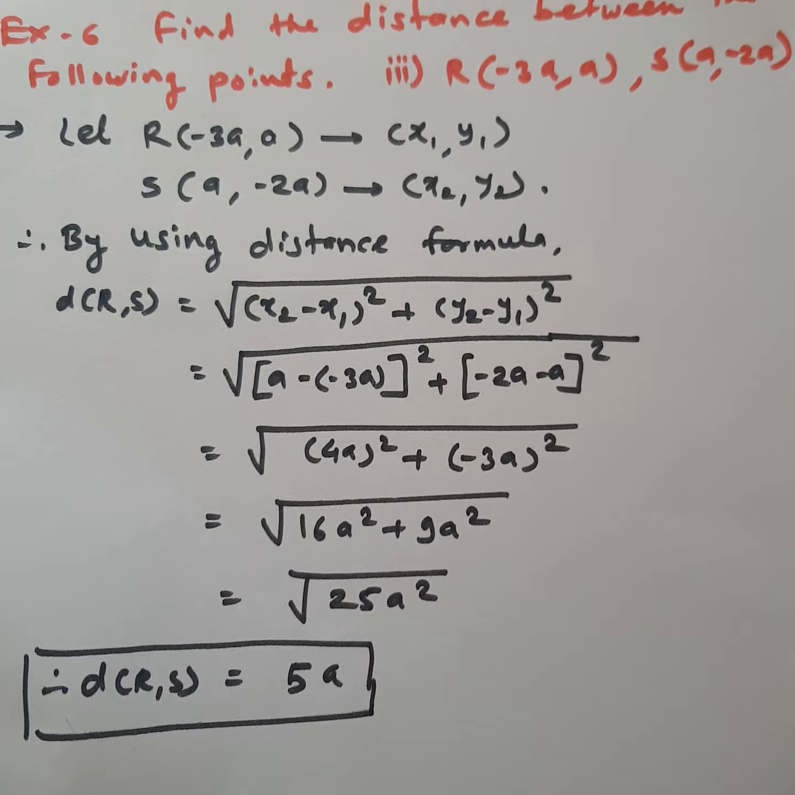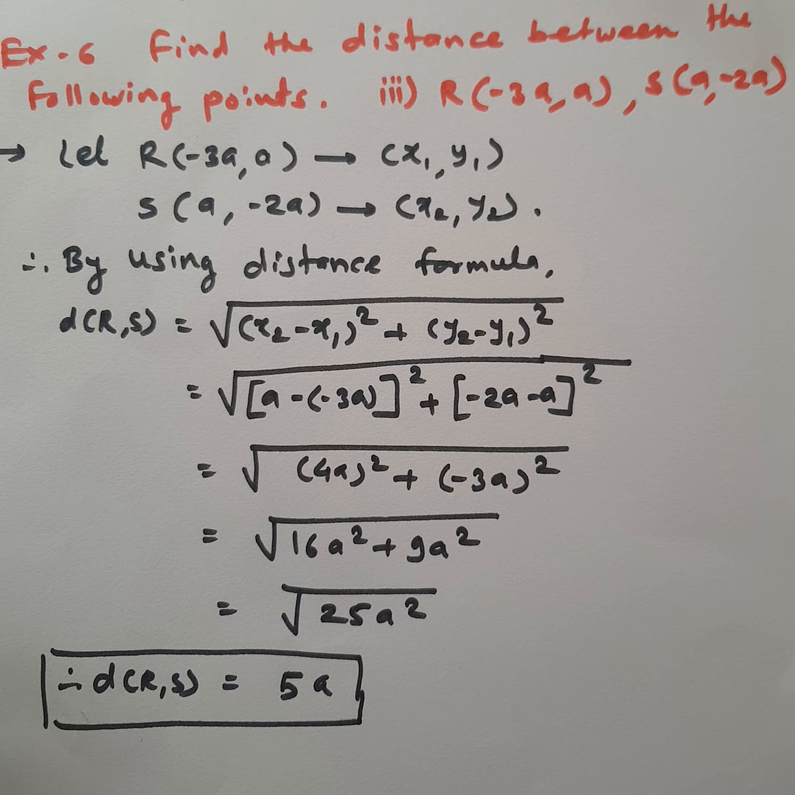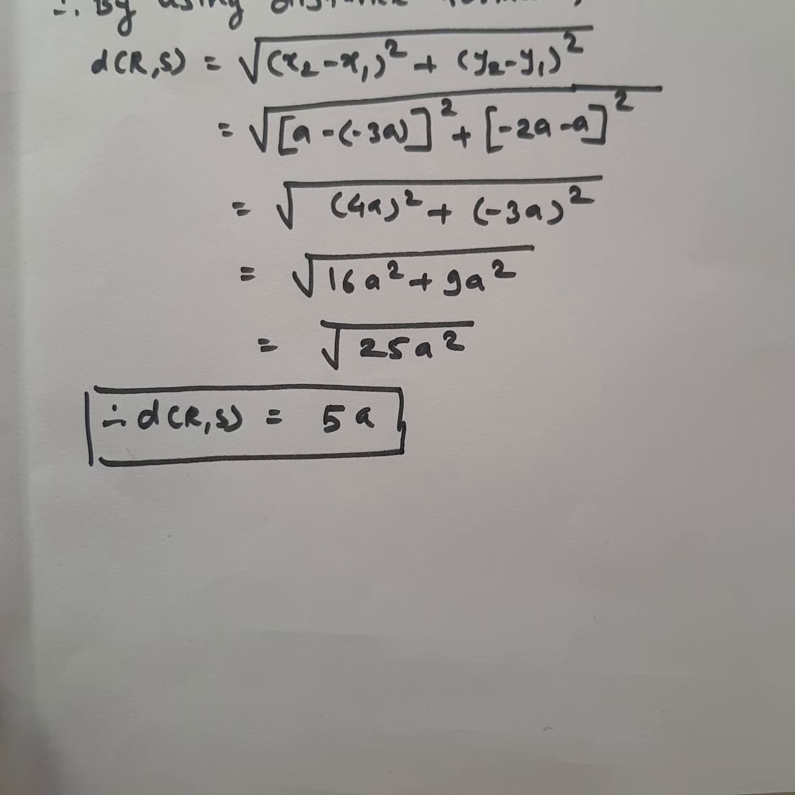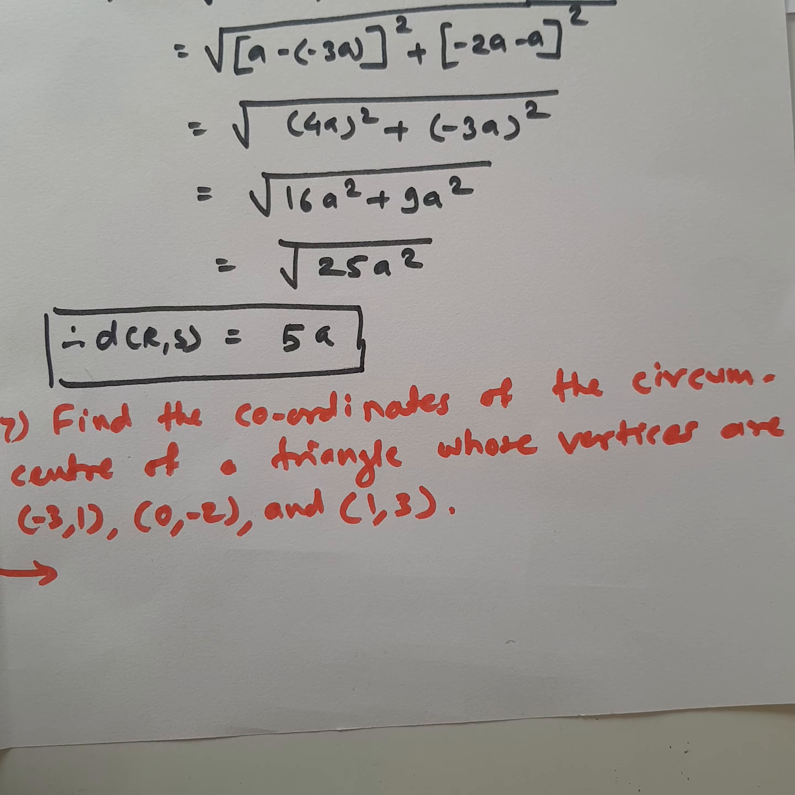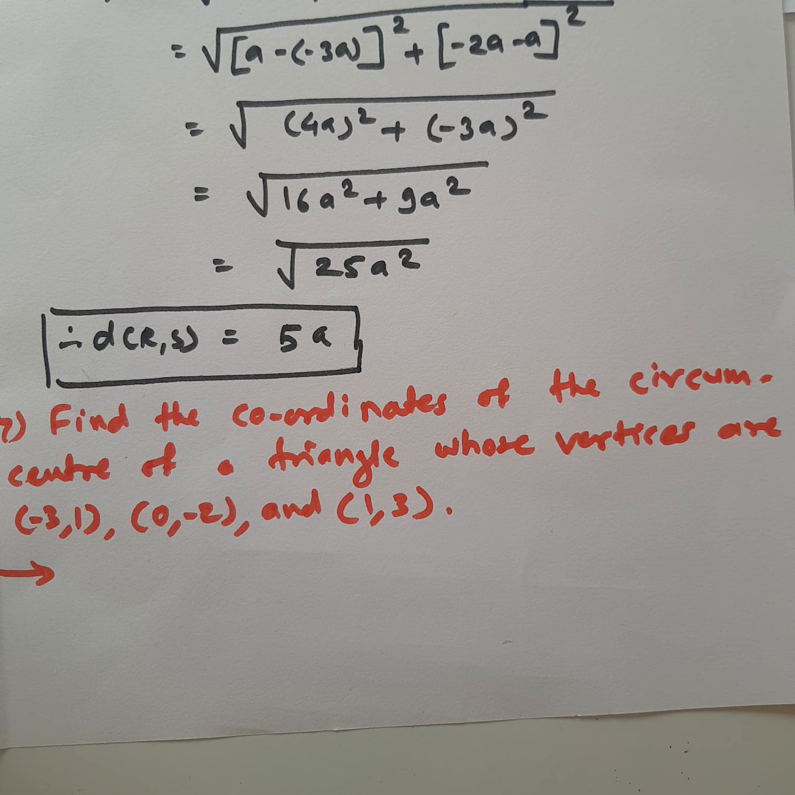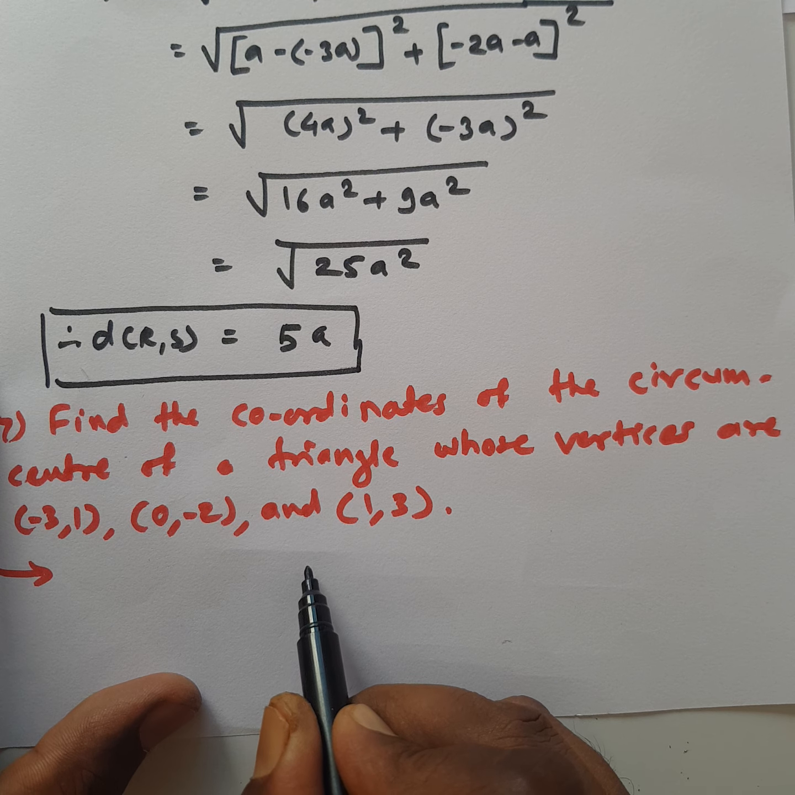In this way you can solve the remaining 2 examples from question number 6. Now the 7th example is: find the coordinates of the circumcenter of a triangle whose vertices are (-3, 1), (0, -2) and (1, 3). Now if we draw here